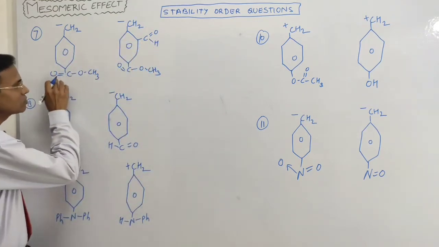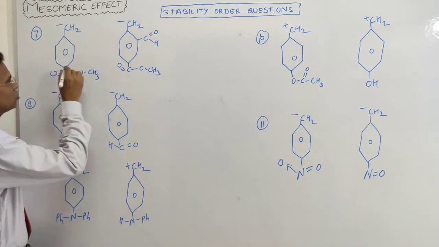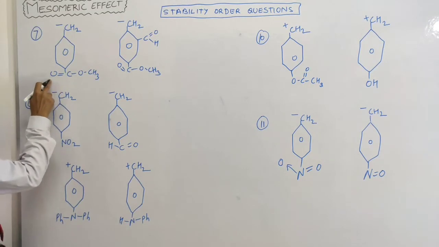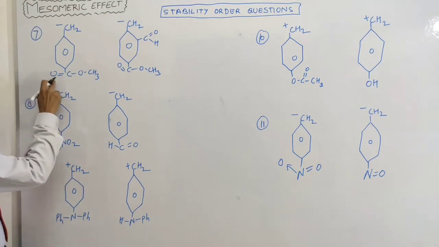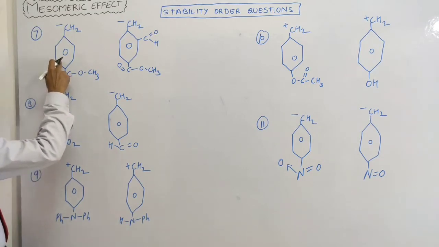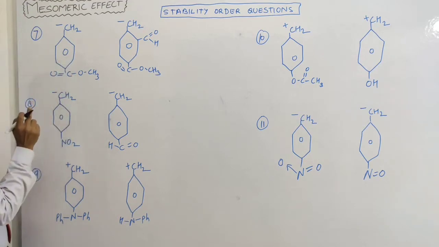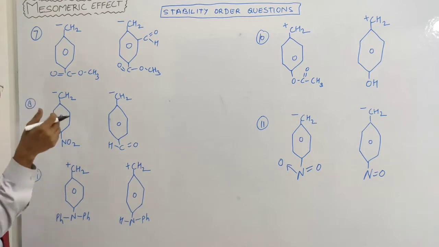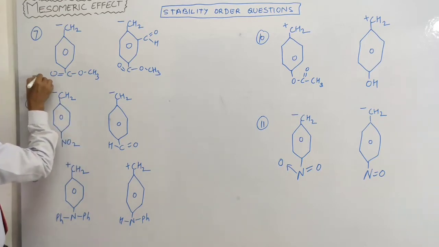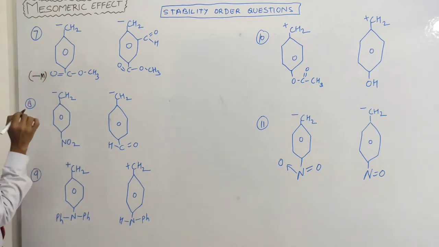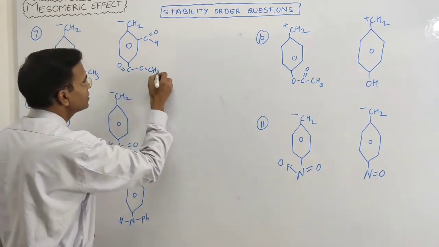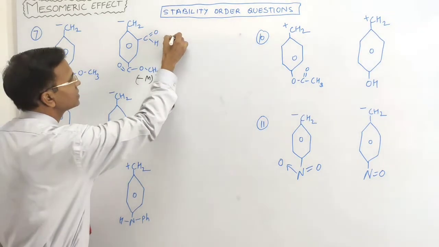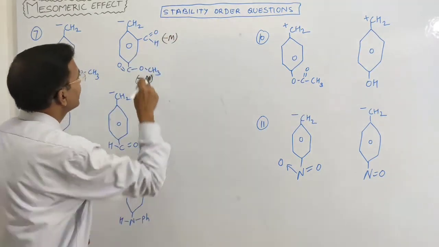So this OCOCH3 shows the minus M effect, because the lone pair of electrons on oxygen is shifted towards the oxygen, and here the pi electron is shifted towards the carbon, right? So it decreases the electron density. So that means the minus M effect. Here also the minus M effect. And the CHO group also shows the minus M effect, right? And carbanion